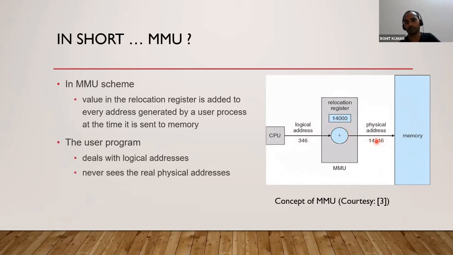Okay, so this address will be mapped. Is this particular address greater than this? Yes. So allow it with respect to the process having the 14,000 base value. But it should be less than the base plus limit value. So for example, consider a limit of 500. So 14,346 should be less than 14,500. Yes, so it is authentic.